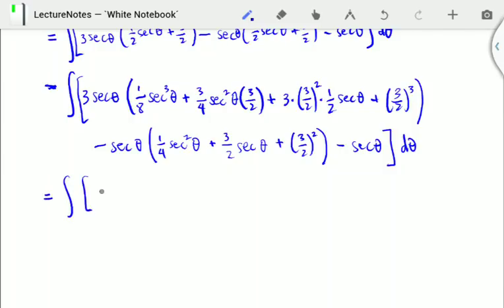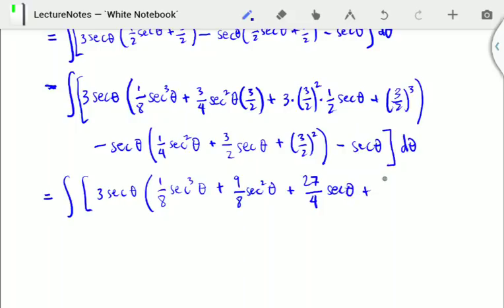So you have 3 sec theta of 1/8 sec cube theta plus, 3 times 3 is 9, and 4 times 2 is 8, so 9/8 sec squared theta, plus 3 squared is 9 times 3 is 27/4 sec theta, plus 3 cube is